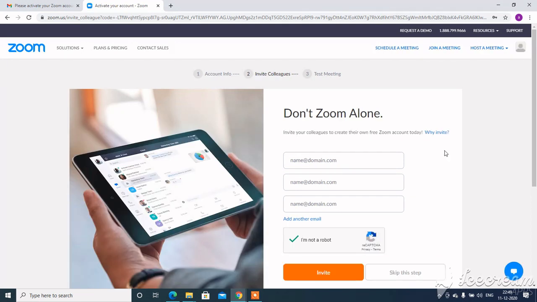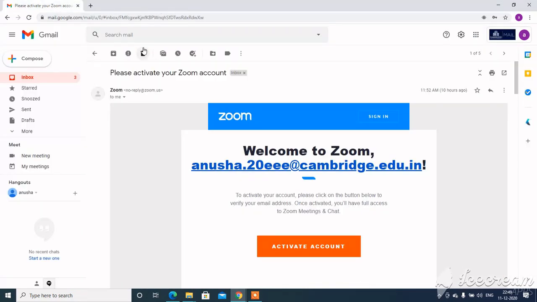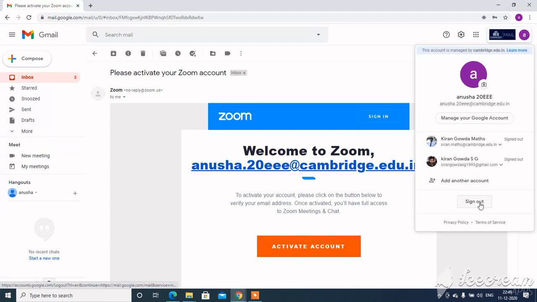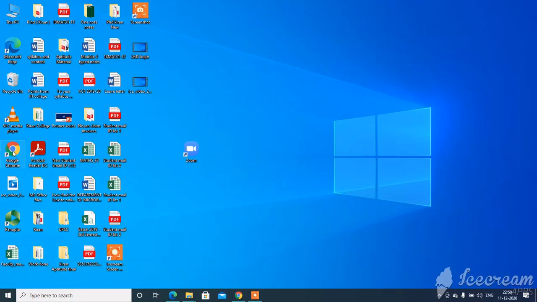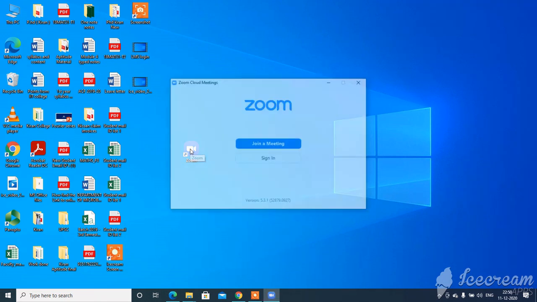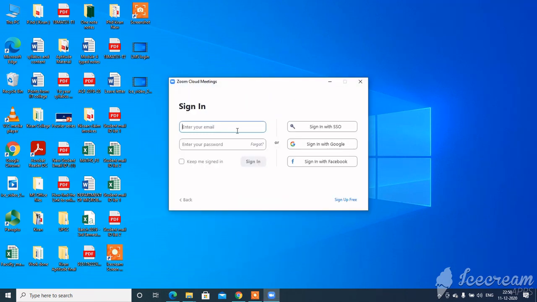Now the activation of the Zoom account is done. Now I have to sign in. I'll just close this mail now. Now open the Zoom app. Click on sign in.